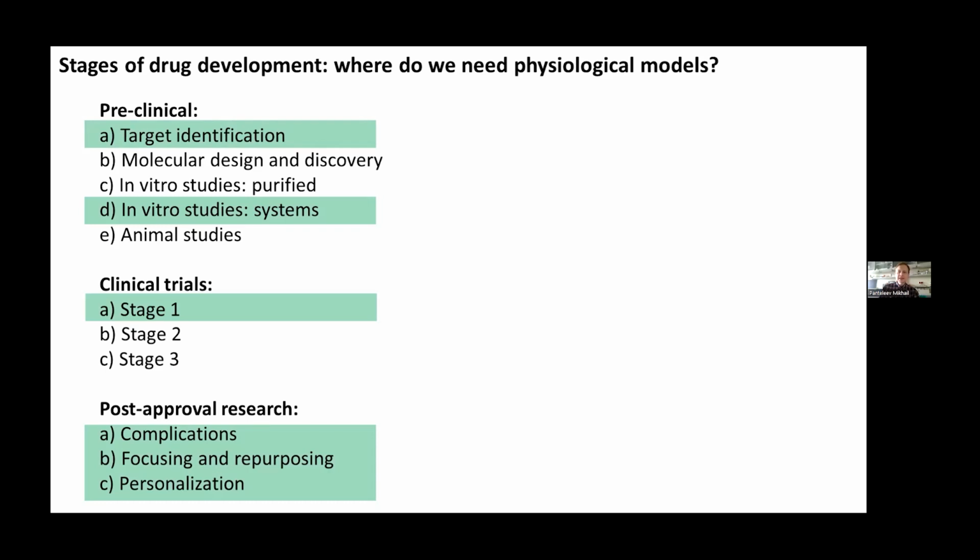First, it is actually the identification of target. When you have a complicated network, it is not always easy to say what you need to target in order to turn it on or turn it off, or which is often the case, you need to subtly affect the